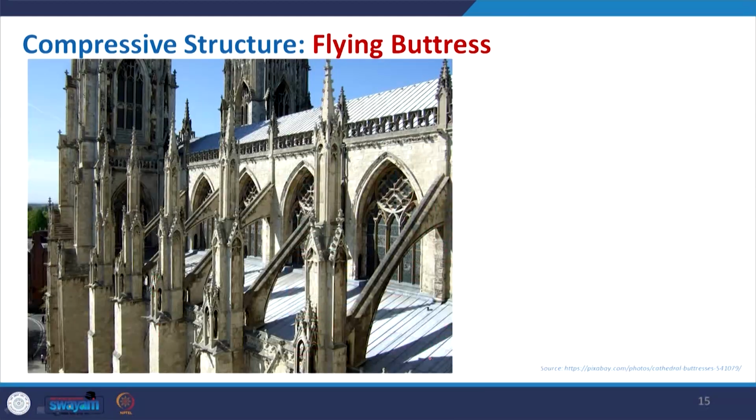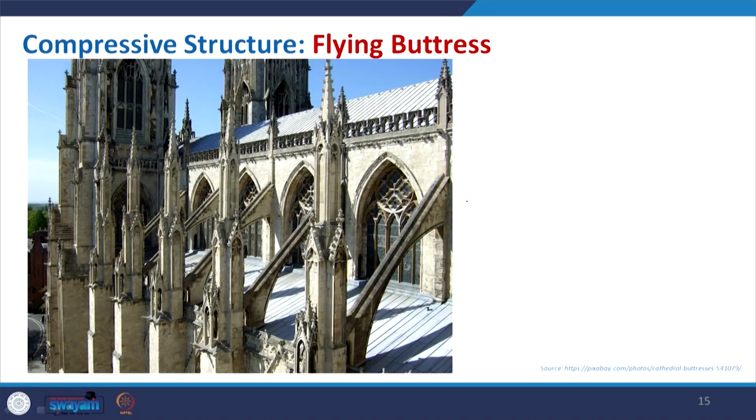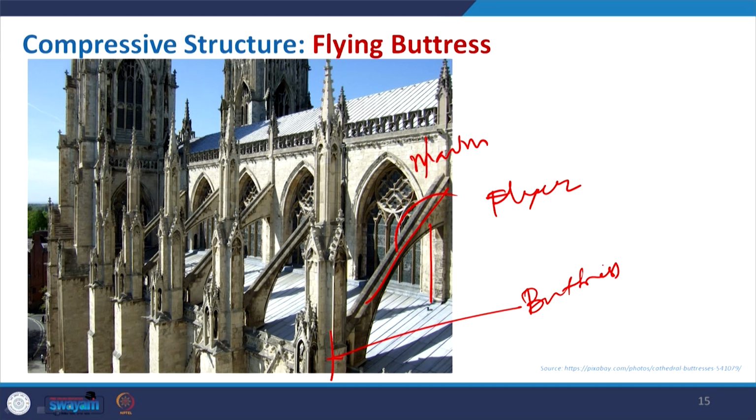cathedrals and all. Now, this is another example, like earlier it was just a symbolic one. Now, you can see in this cathedral how it has been made. So, this is the main structure, and then you have this flyer, and down to that it is connected with your buttress. So, how it is supporting this building. So, this is again a very useful